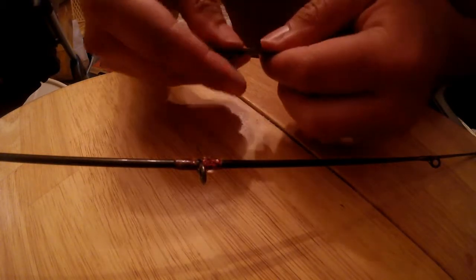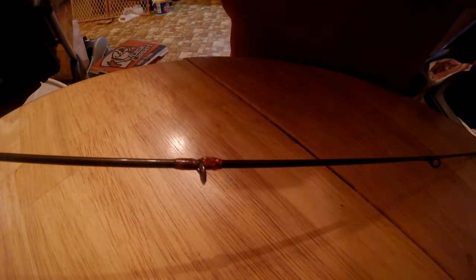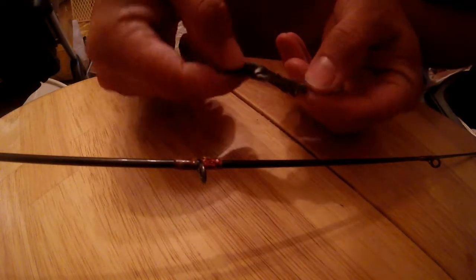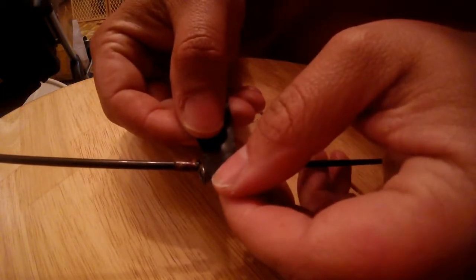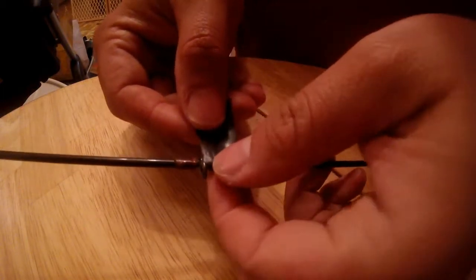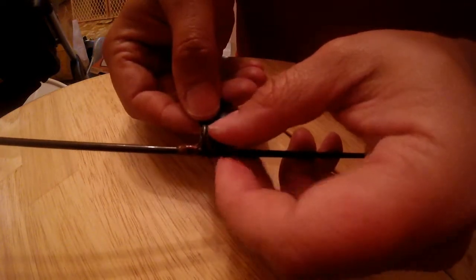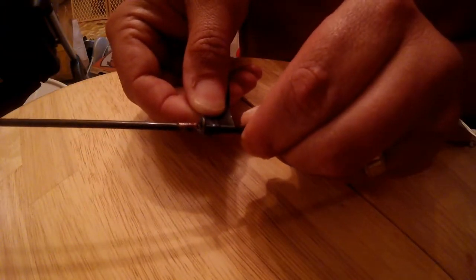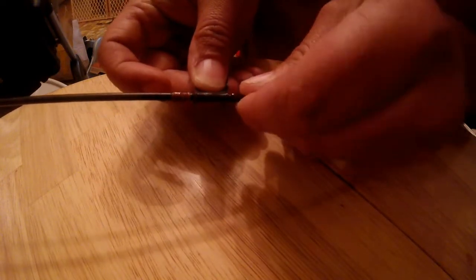Basically, I'm just going to, especially up here, it being a real thin part of the rod, take a little tape, just tear it off, make sure it's kind of flat. I'm just going to get right over the edge of that, peel what I can around, and be careful because your hands will get put in glue, and you want to wrap it tight. You're going to wrap it pretty tight, so I just do this and pull it